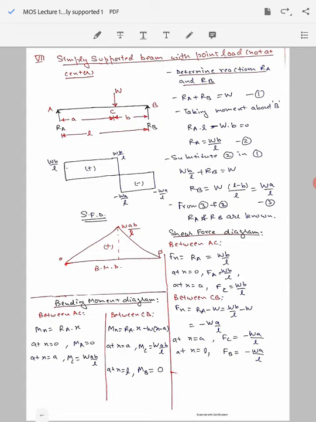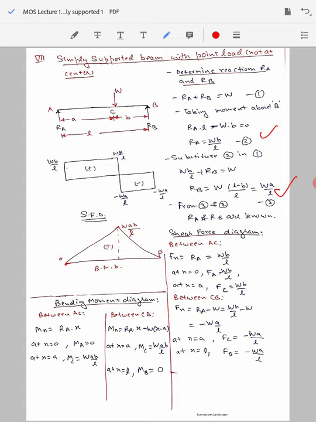Once we have got the reaction at A, we can use equation 1 to determine the reaction at B. So we substitute the value of RA in equation 1 and we get this equation here, and from that we can obtain RB as W into a by L. So now we know both these reactions from equations 2 and 3. These reactions are known to us, so we can go ahead and find the shear force values along the length